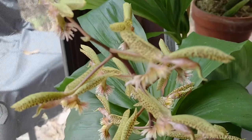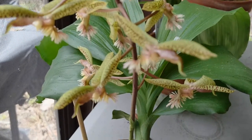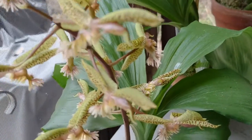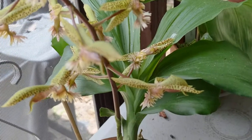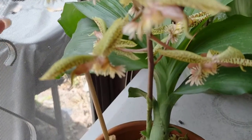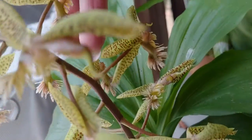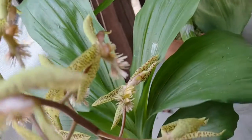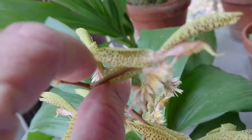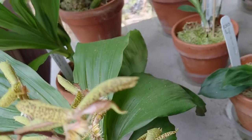All 12 blossoms on my Catasetum Gladiator crossed with Catasetum Barbatum opened. Now it is fragrant, but I can't detect what it smells like. And without spewing the pollen, because Catasetums have a habit of doing that, let me try and show you what it completely looks like. Well, that's not good. But anyway,